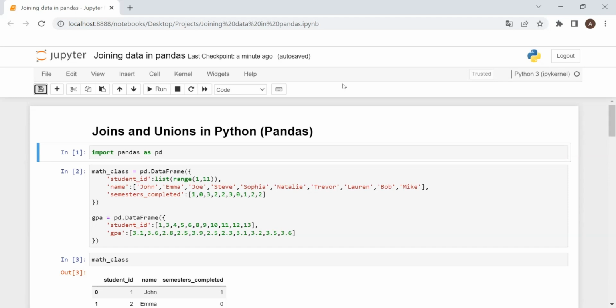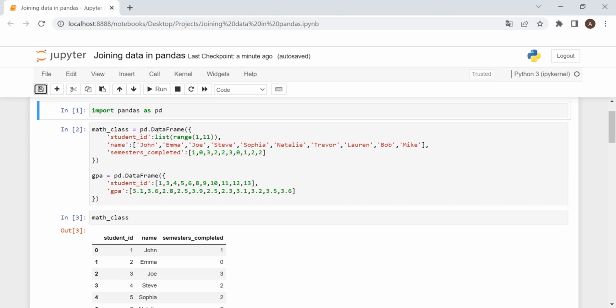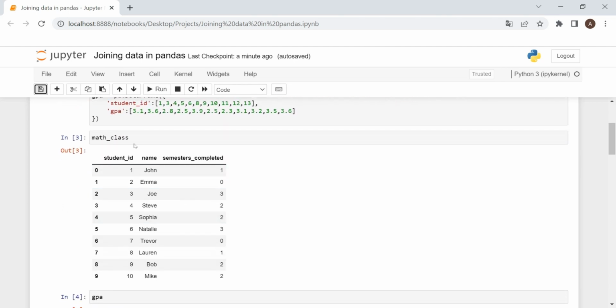Hey everybody, today I'm going to go through how to perform joins and unions in Python using my favorite package, Pandas. So I have a couple of sample data frames here that I just created. So we have a math class table, so students in a given math class and the number of semesters of